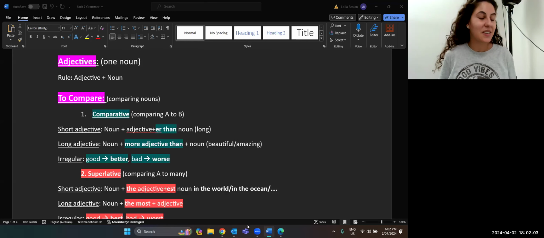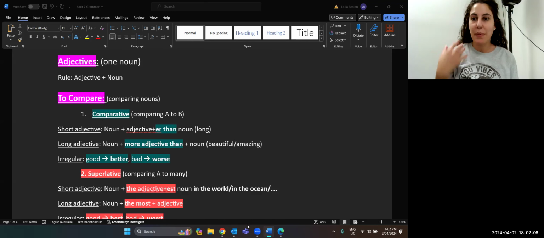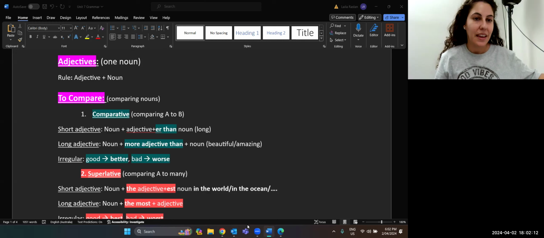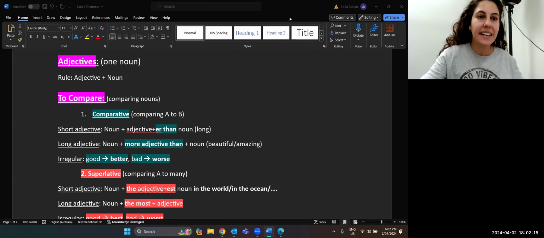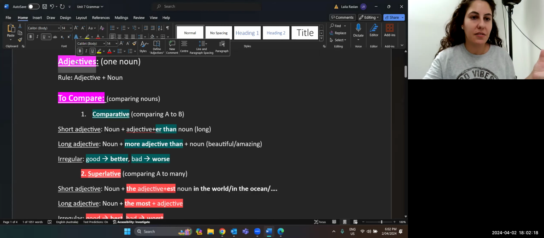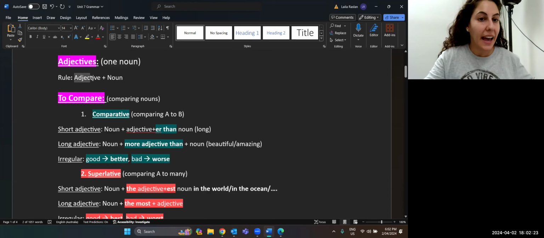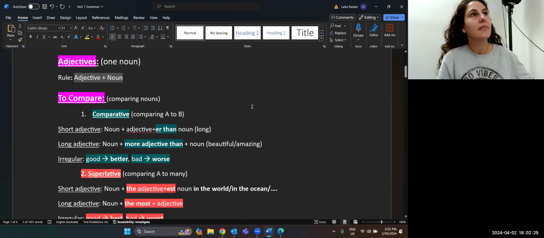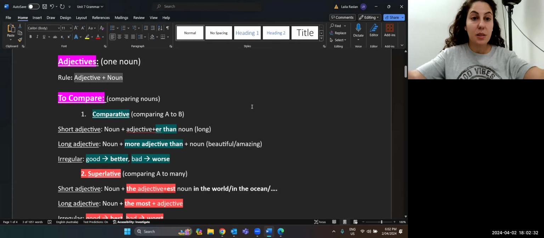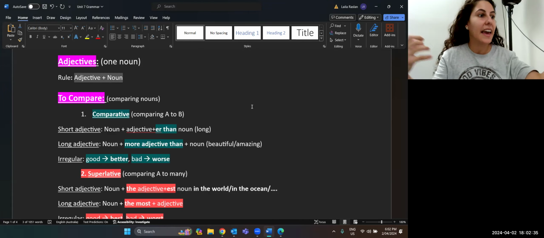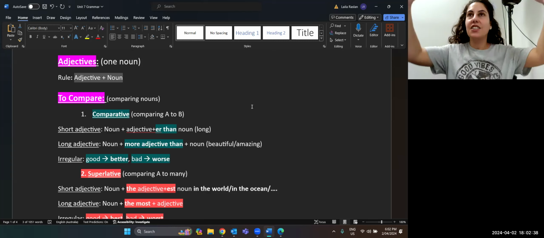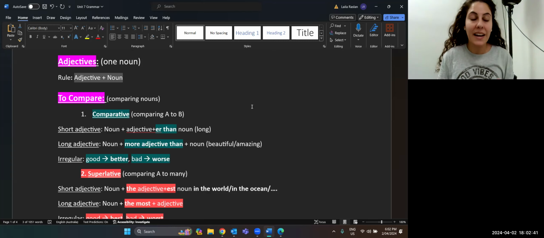Okay, let's have a look at comparative adjectives. So we know comparative adjectives mean we want to compare a place to another place. And when I do comparative adjective, first of all, let's look at an adjective. We know an adjective is when we need to talk about one noun. We put the adjective first and then the noun. You know, for example, the big house, the small car, the heavy book, the large building. Okay, so when we talk about one noun, adjective first and then the noun.